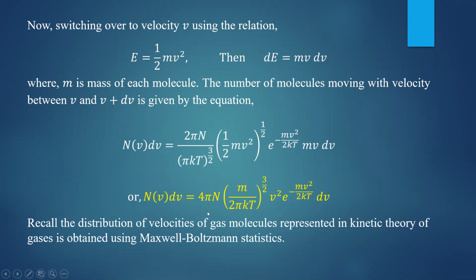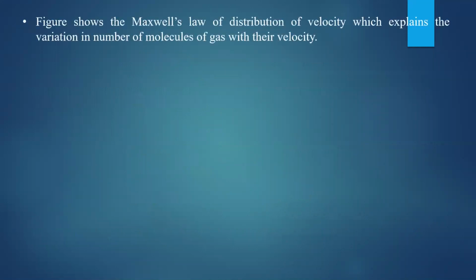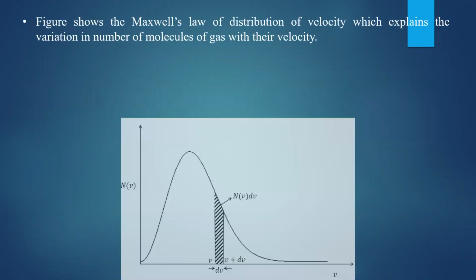There you have not derived this equation directly. We have taken that equation to study the distribution of velocity of molecules. And using this equation only, we have obtained the expression for RMS velocity, average velocity, then the most probable velocity, etc. If you draw the figure corresponding to this equation, you will get the Maxwell distribution curve.